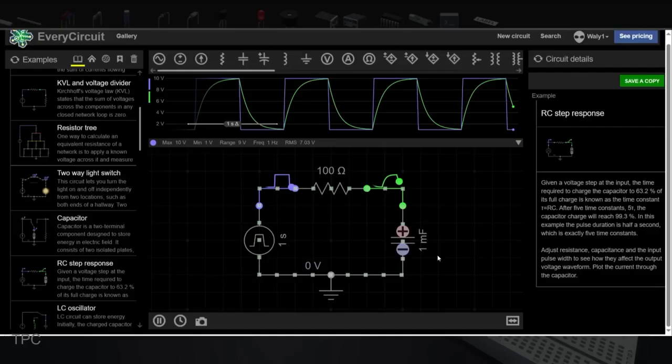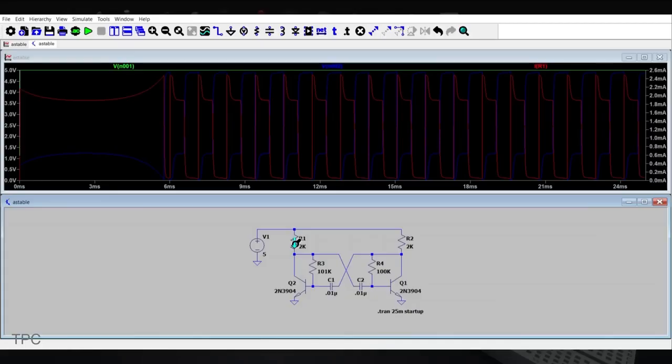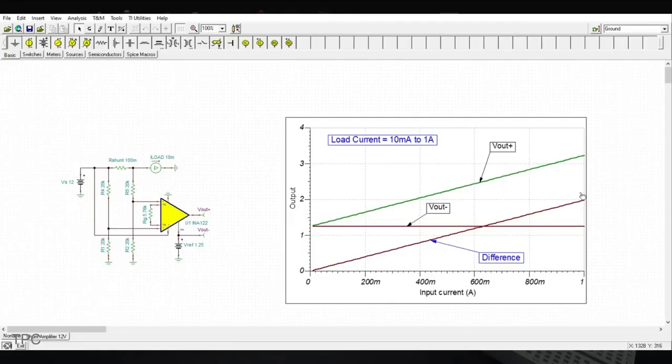In this video, we will discuss some great circuit simulators. Without further ado, let's start with